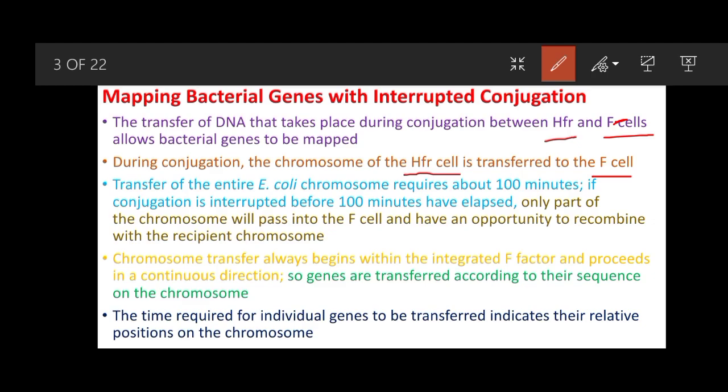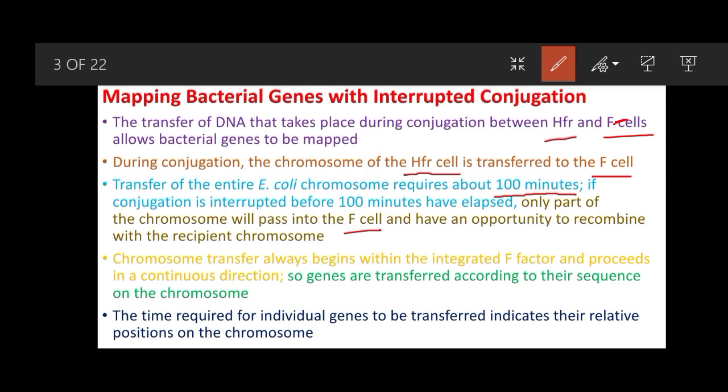and transfer of the entire E. coli chromosome requires about 100 minutes. So 100 minutes is the time needed to transfer the whole E. coli chromosome from HFR to the F minus cell. If conjugation is interrupted before 100 minutes have passed, only part of the chromosome will pass into the F minus cells and